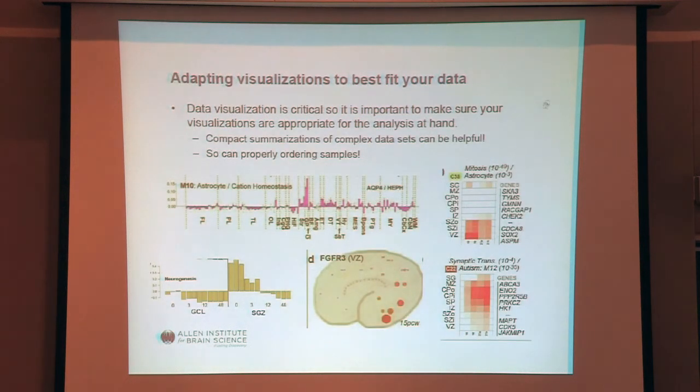Okay. So this is more of a general comment slide that it's very important to get your data visualizations in a format that is appropriate for whatever the data is that you're looking at. So I found that for the really complex data sets that I've been looking at, it's often useful to have compact summarizations of the data, and as I mentioned before, to properly order the samples in a way that makes sense. So here, this shows 150